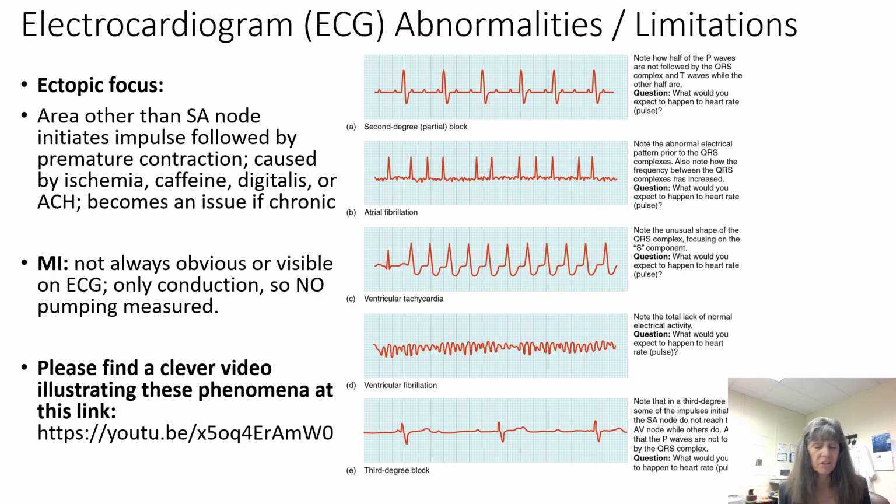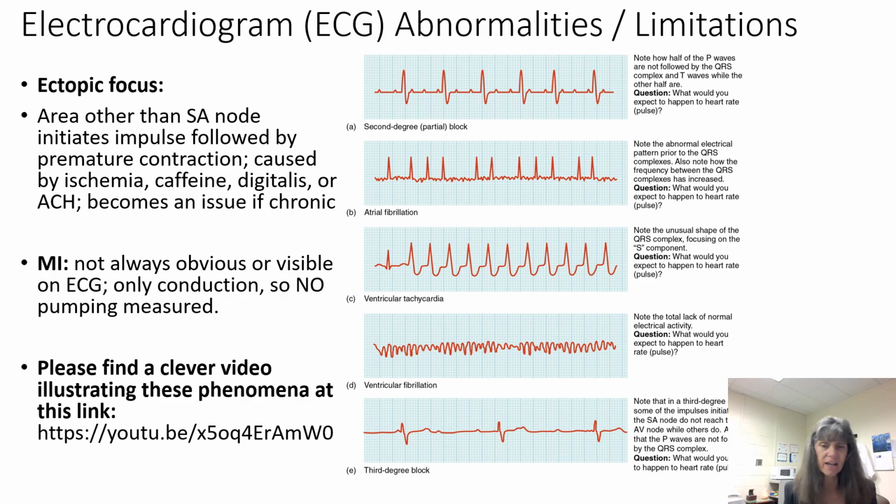So with ventricular fibrillation, we have a very fast, uneven pulse. Sometimes it will be absent, and this pulse may be going as high as 300 to 400 beats per minute. So it may be going so fast that you can't even detect the pulse if you're using your fingers to try and feel it. At the very bottom, we've got an example of a third degree block, also known as